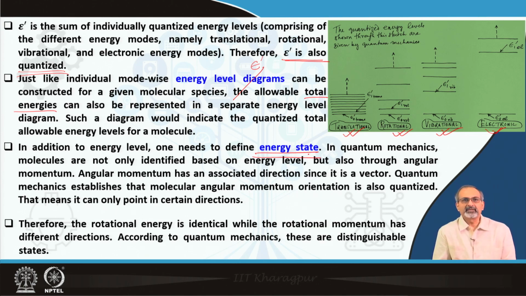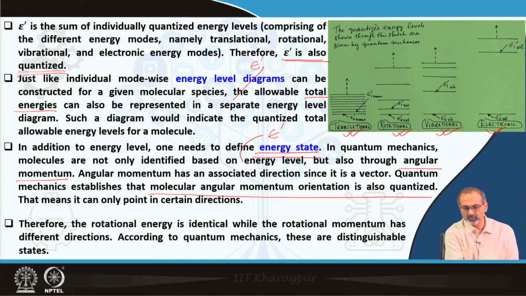In quantum mechanics, molecules are not only identified based on energy level, which is the epsilon dash that we are talking about, but also through angular momentum. The angular momentum has an associated direction since it is a vector. Quantum mechanics establishes that molecular angular momentum orientation is also quantized. This is a very important finding from